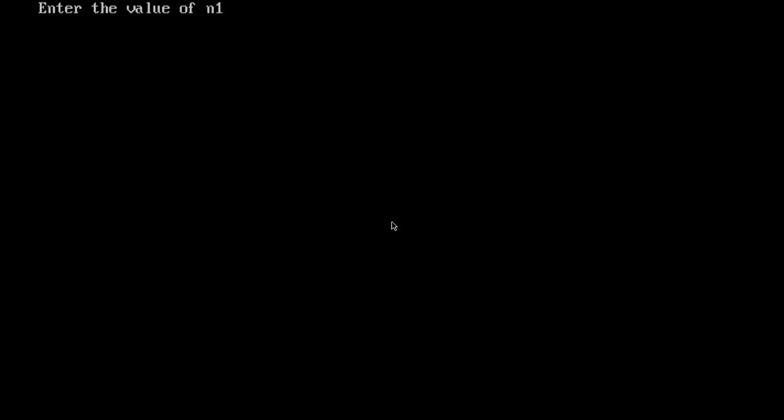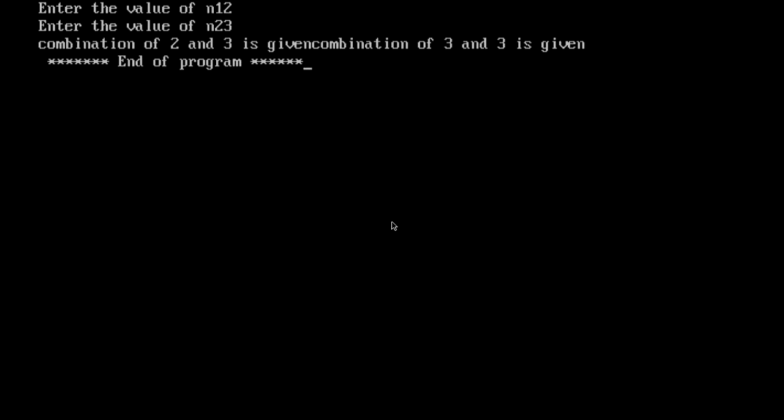So let me give the value for n1 and n2. It is printing the combination of 2 and 3 is given.